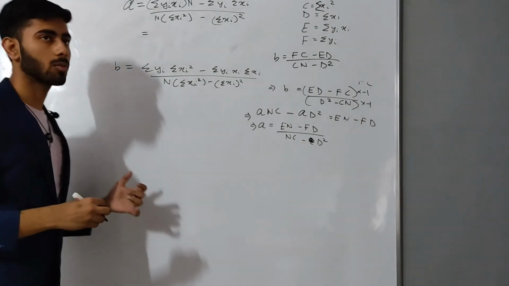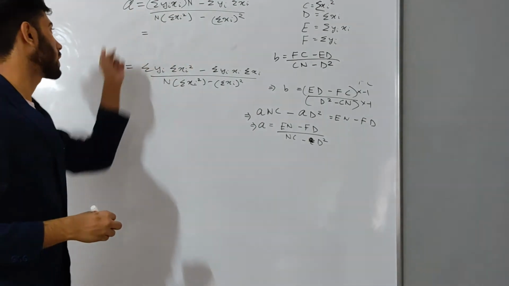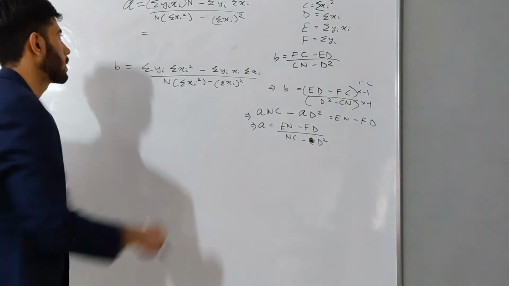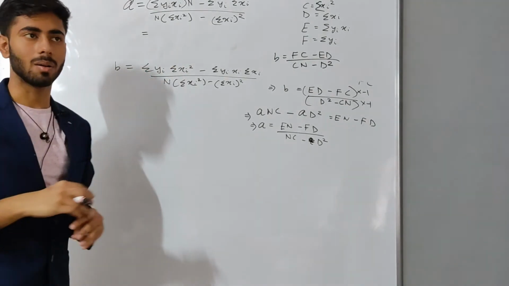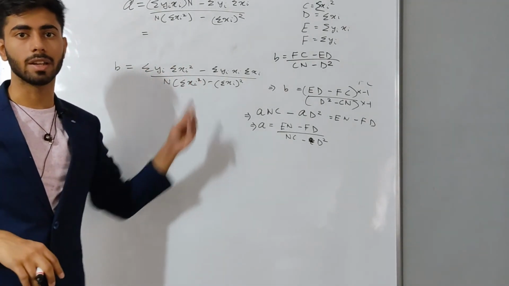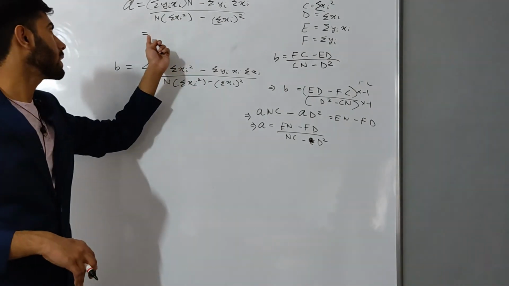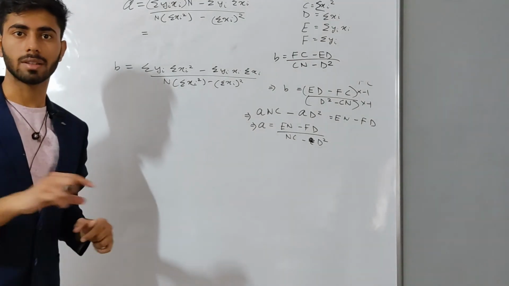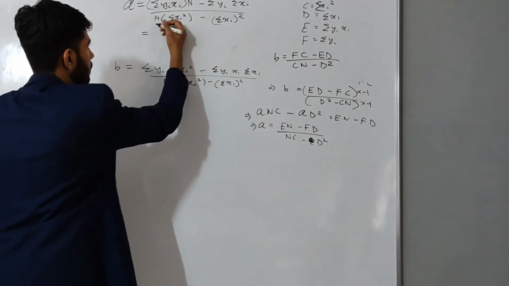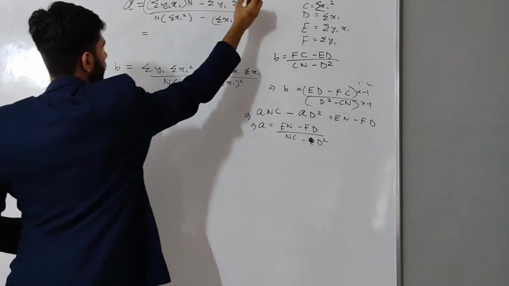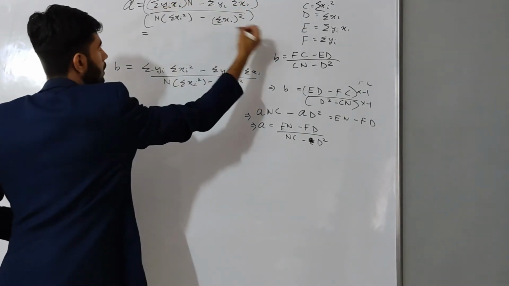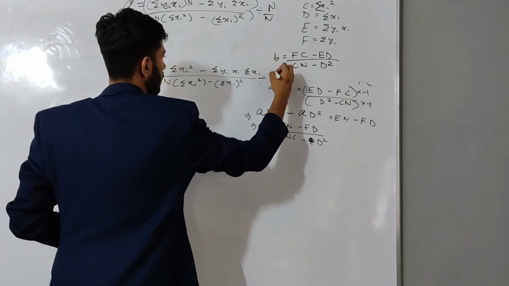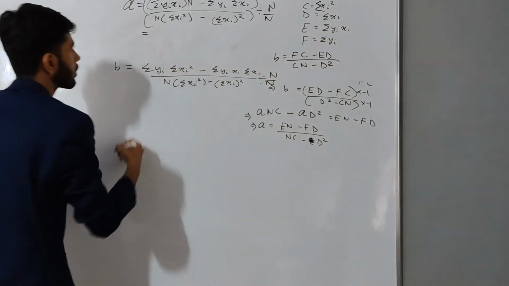Now there is one more thing that I'm going to do. I'm going to divide both a and b, the numerator as well as the denominator, by n. The reason is that in the later stage, when we will be coding our linear regression model, it will be easier to code these terms. Otherwise it will be a little complex to write the equation in coded form. So now after dividing both sides by n here as well as here, what I'm going to get is